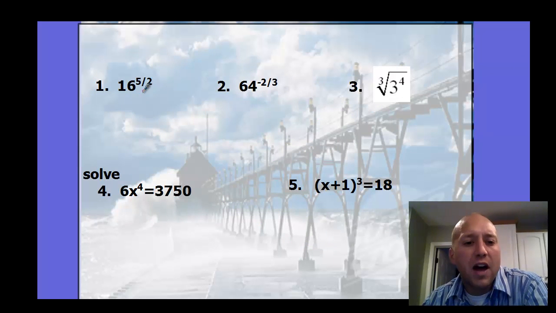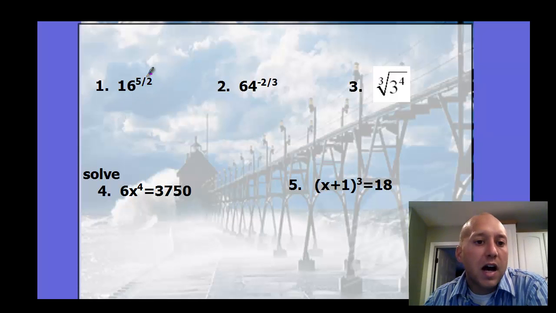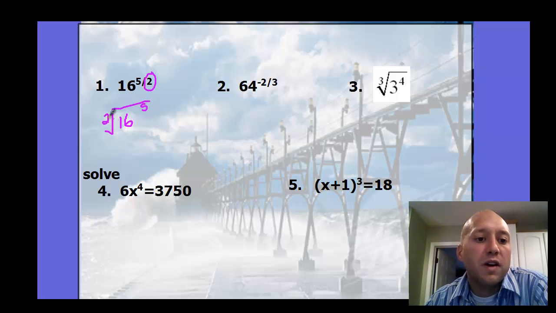If I have 16 to the 5/2 power, we can write that in radical form. So the denominator is our root, so this is really going to be a square root. 16 is what we're taking the square root of, and then we have to the power of 5. Then we have a choice here. We can do 16 to the fifth, or we can do the square root of 16. And so most of us are going to choose to do 4 first, and then write 4 to the fifth,